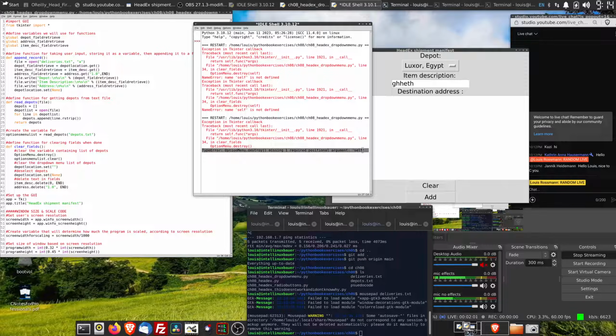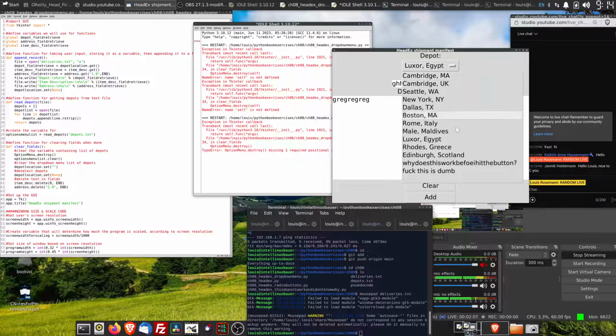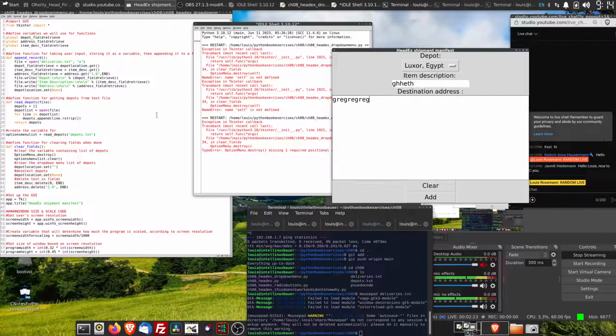So let's Google, because I have no idea. This is not in the list. I wanted to make it so there was a button that would automatically load the depots thing in case the depots file updated while you were running the program. Because the way this program is set up right now, the moment you open the program,